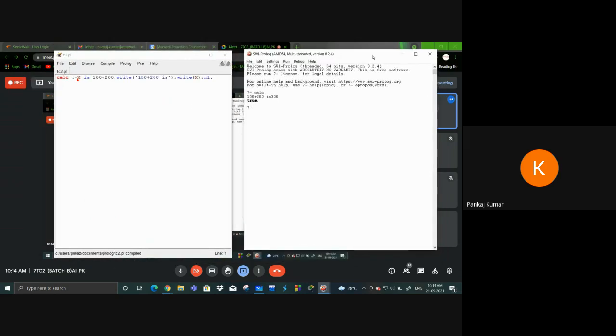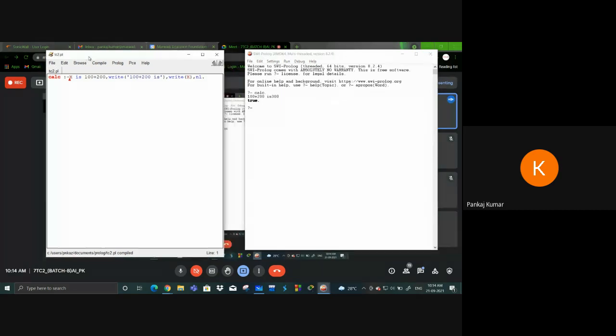Both the compiler and the console are visible, like in Prolog programming. Please, anyone reply, is it visible or not? Like the compiler and console, whatever it is. Yeah. Now see here, that is the file program where we have to write. That means it works as a notepad. So I can define a calculator, that means I can define one logic. Wait, I am going to take a snapshot. Then I can define it, so it will be helpful for you.